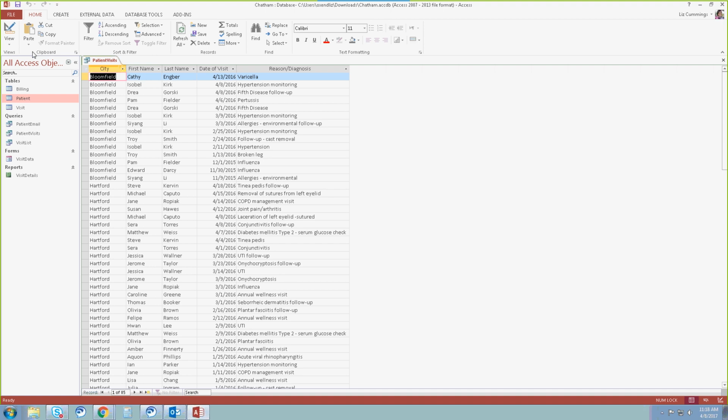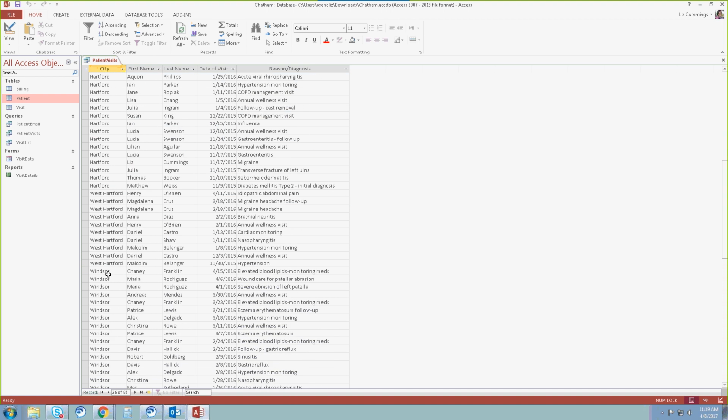So, in data sheet, we're going to query the data sheet, and locate the first occurrence of a city containing the value Windsor. So again, we're still in patient visits, excuse me. We're going to scroll down until we get to Windsor. Okay? So from here, we are going to filter by selection. So once we have this selected, under the home ribbon, we are going to